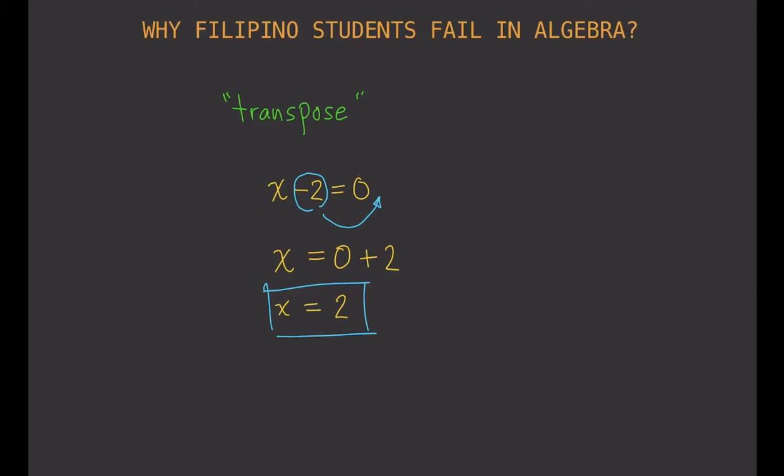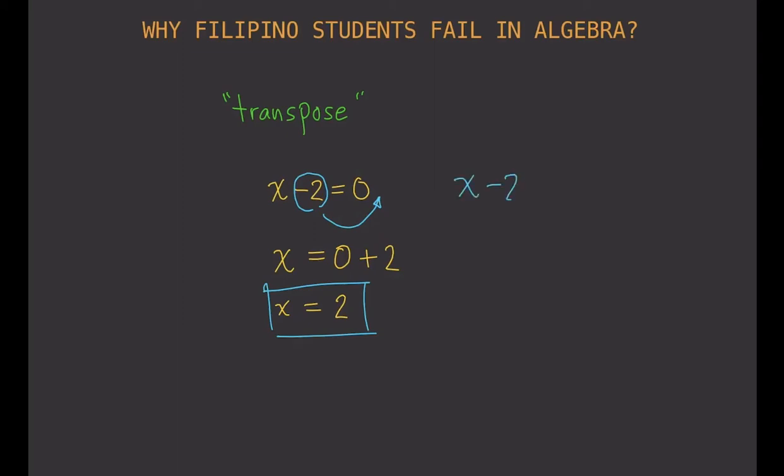So the goal of this video is to explain why transposition is wrong and why it works. Okay, so let's go back to our equation. What's really happening is that since you want to isolate this variable, you want to eliminate this number, right? You want to get rid of this number. Now, how do you get rid of this number? You don't put it to the other side. No, that's not how it is. What you will do instead is,